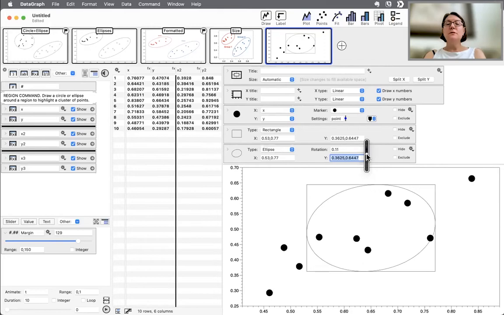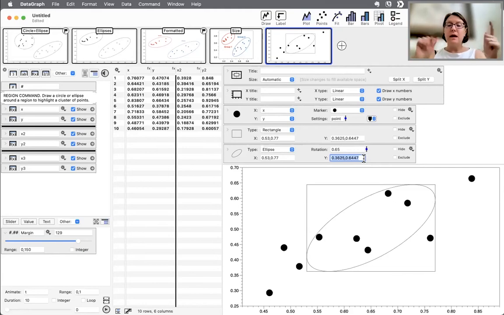The ellipse also has this rotation option. If you attended one of the webinars where we demoed this when it was still in the beta, I don't think we had this as a slider yet. So this gives you a little bit more control over changing the orientation of the ellipse, but again, it's contained within that X and Y region. This is why one of the ways that you can place an ellipse in a specific location is